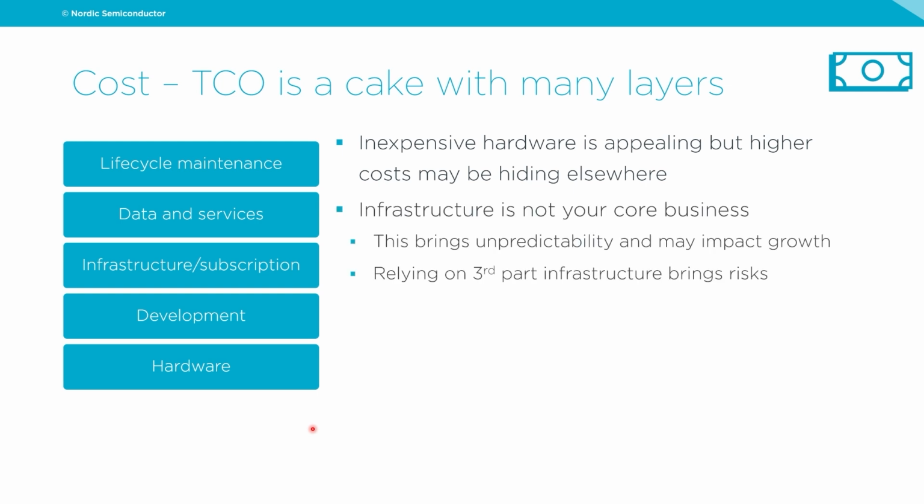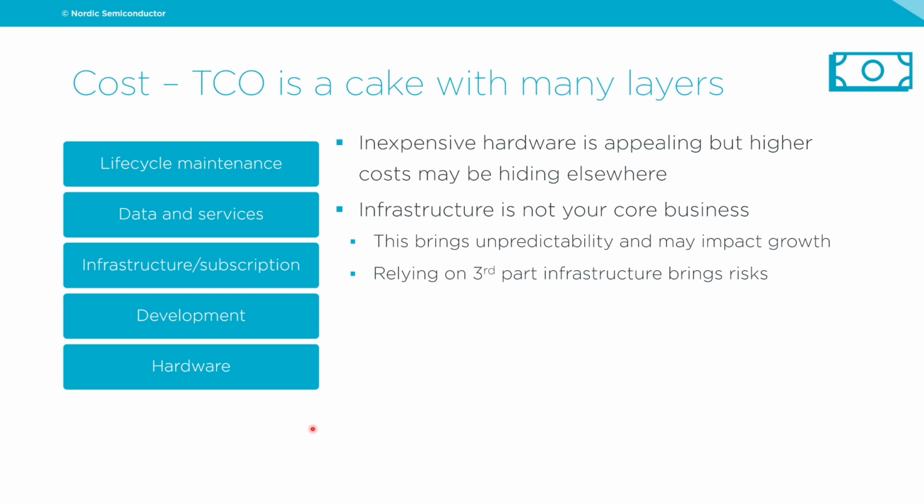The other thing to keep in mind, again, is that infrastructure most likely is not your core business, right? So you don't want to bear the responsibility for rolling out and maintaining infrastructure. Often you might find barriers that you're not even expecting. For example, if you want an LPWAN deployment with your own gateway infrastructure in an office building, I'm sure your IT department will be very interested in what kind of security risks or backdoors that might introduce into your system, because of course those gateways will have to have internet connectivity using your office network. So there are many things you need to consider that might come as a surprise.